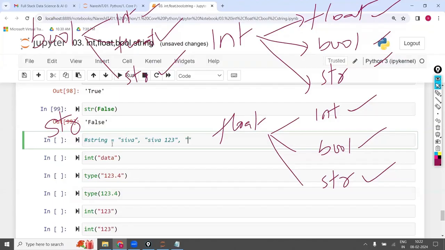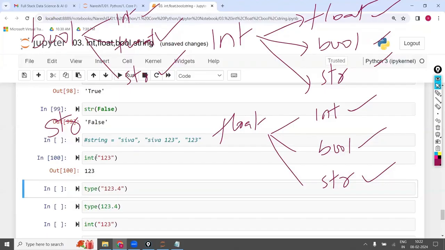Only numeric is also possible. So string can be anything. Multiple combinations are there in the string. Now, which can be converted to int? A string consisting of only numerical data can be converted to int. This point is important.